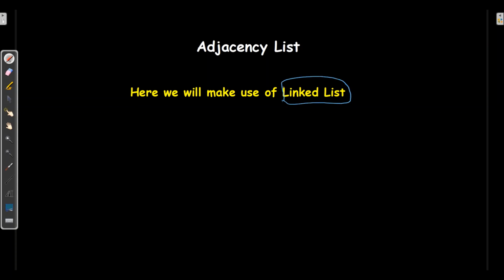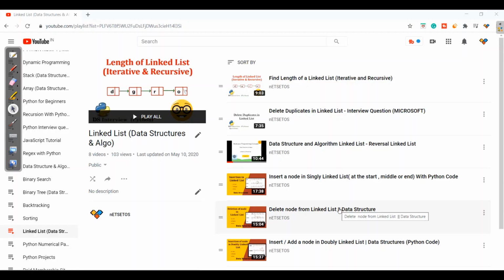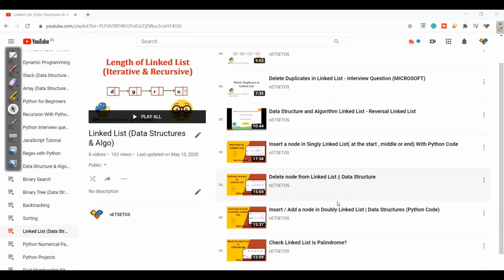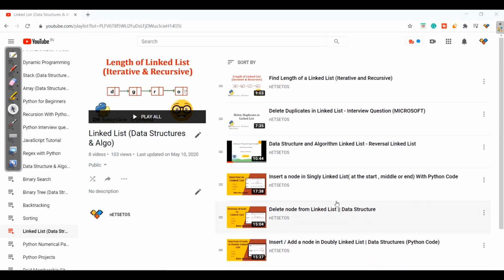Hope you remember we have studied linked list. If not, I have made a series of linked list, so you can go through it, where you will know how to take out length of linked list, delete duplicates in linked list, insert a node, delete a node. You can have each operation in my series.